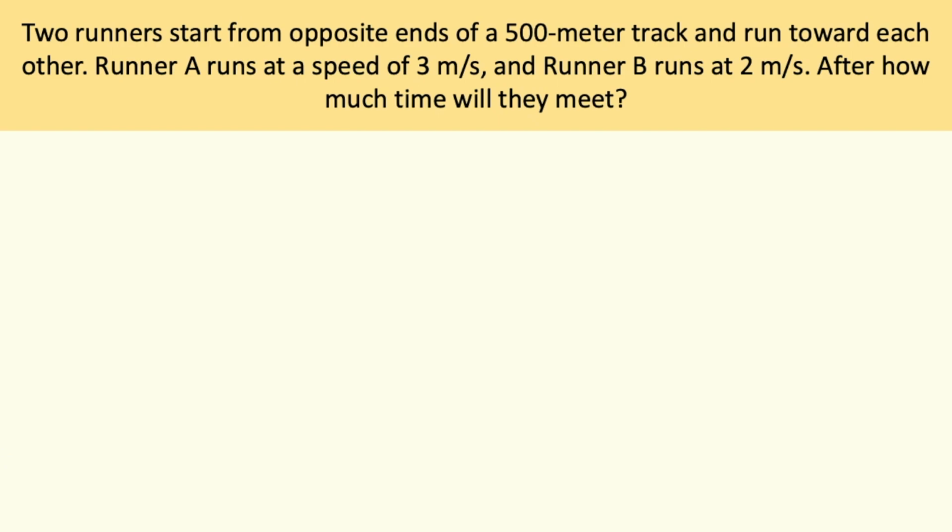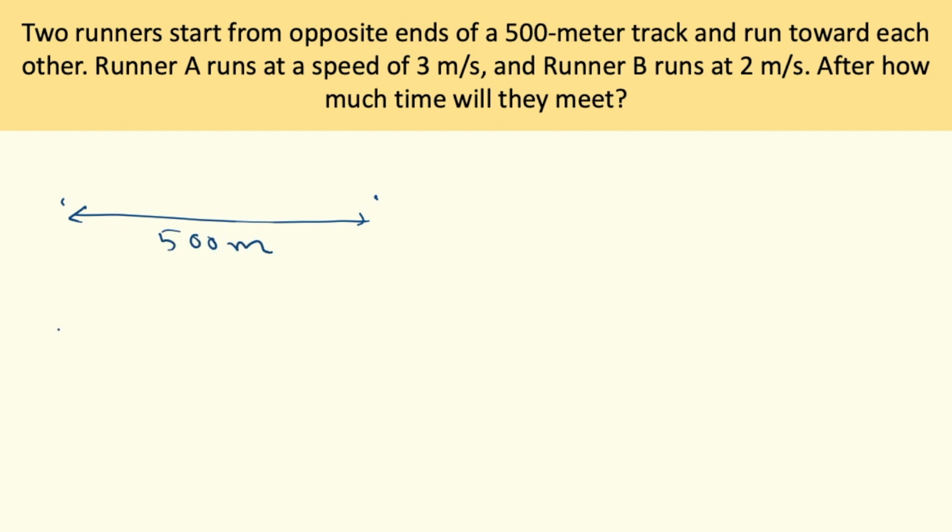Two runners start from opposite ends of a 500-meter track and run towards each other. Runner A runs at 3 meters per second and runner B runs at 2 meters per second. So this is a similar kind of problem which we have done now. So this is one end of the track, this is the other end of the track. Now they are separated by 500 meters